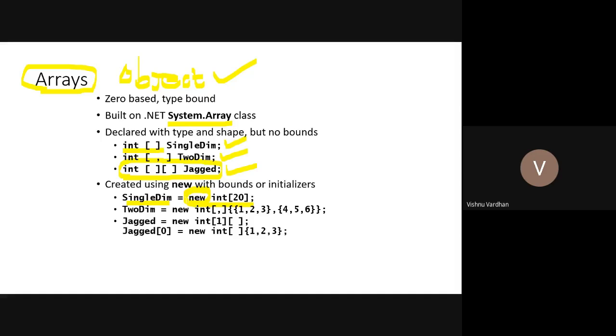Whether or not you initialize in this way, basically you are going to create an object in the first place. Sometimes the code will be there without the new keyword also, but still it's an object. The two-dimensional example is here, and jagged arrays are in this way.